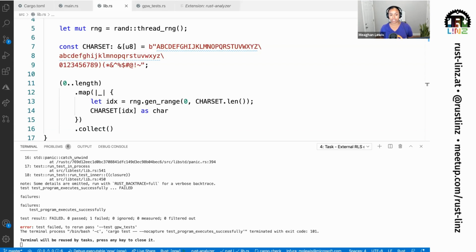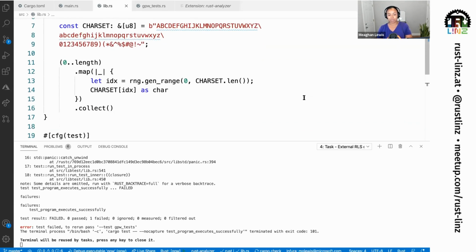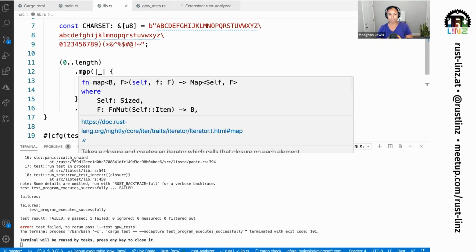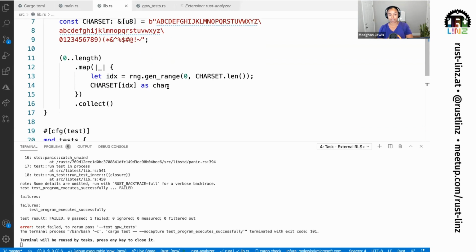So I wanted to make this a constant set of characters, and what I ultimately wanted to do was this mapping, using these iterators to map over each one of the characters. That was just an implementation that I chose about how to do this. So I'm using this iteration of characters, which is ultimately going to return a collection of strings.